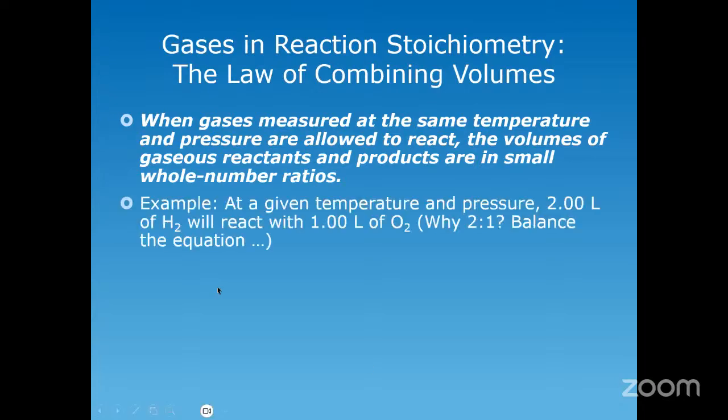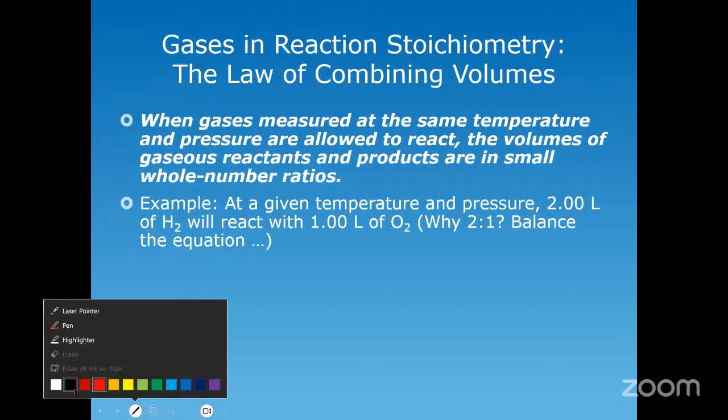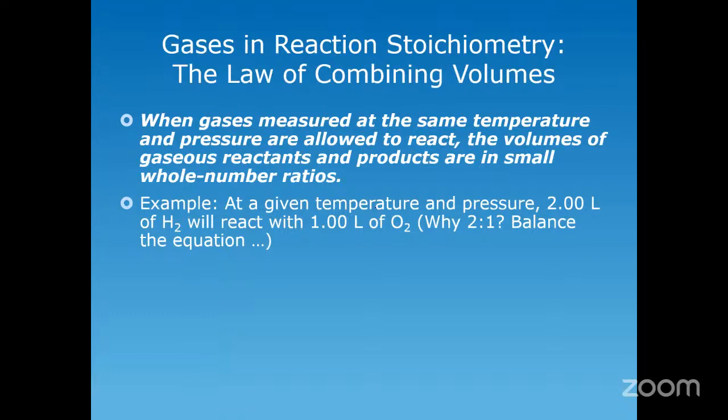So, and we can see the reason why if you think about what happens when it comes to the reaction that takes place and the mole ratios as it relates to the volume. So, for example, at a given temperature and pressure, 2.00 liters of hydrogen will react with 1.00 liters of oxygen. So the question is, why is there a 2-to-1 ratio? And the answer is very simple. Because the equation for the reaction between hydrogen and oxygen to form water is